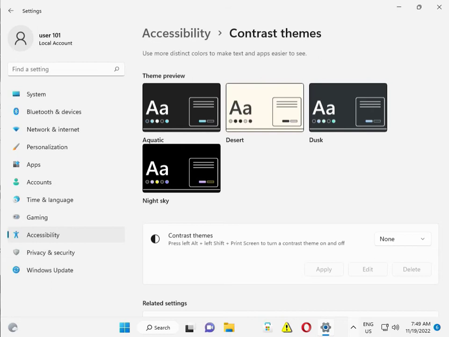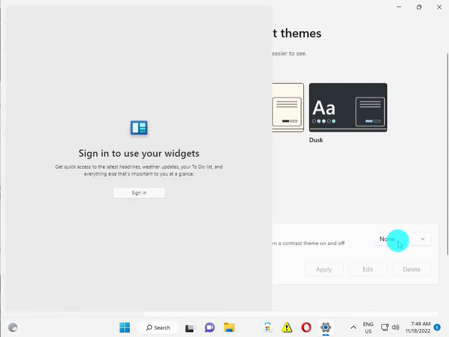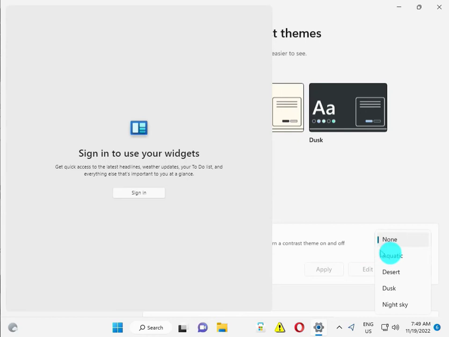So please wait a few minutes. Then guys, change from here, and actually a lot of themes are available here. You select one and then apply. Okay,